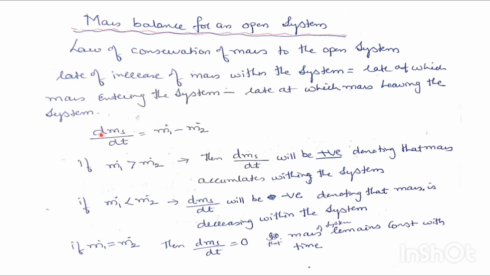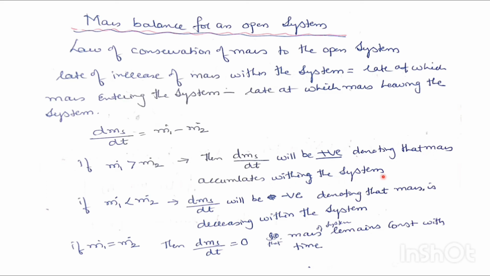So the rate of increase of mass within the system, which we have represented by dms divided by dt, will be equal to m1 dot minus m2 dot, according to the principle of law of conservation of mass. That is dms divided by dt is equal to m1 dot minus m2 dot. Suppose m1 dot is greater than m2 dot, that means mass entering the system is greater than the mass leaving the system, then this rate of increase of mass within the system will be positive, denoting that mass accumulates within the system,